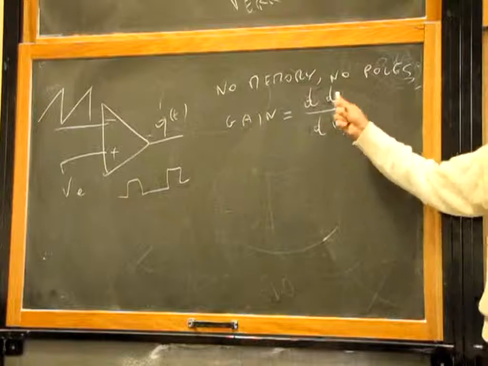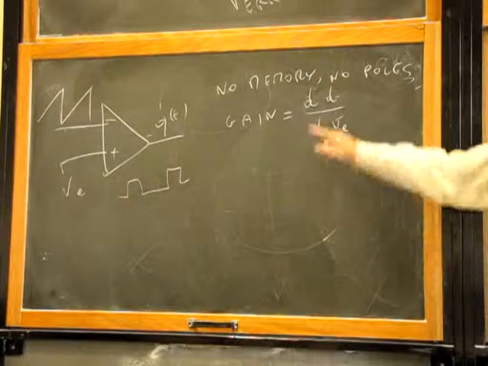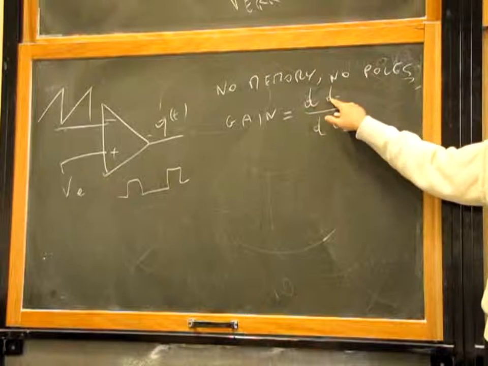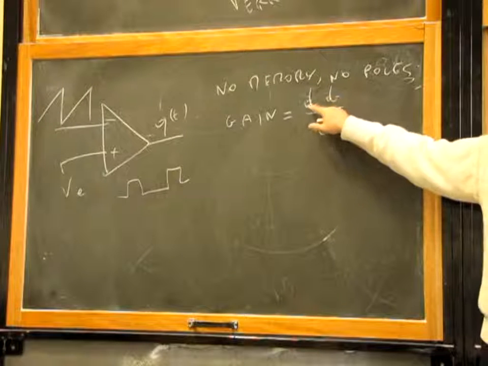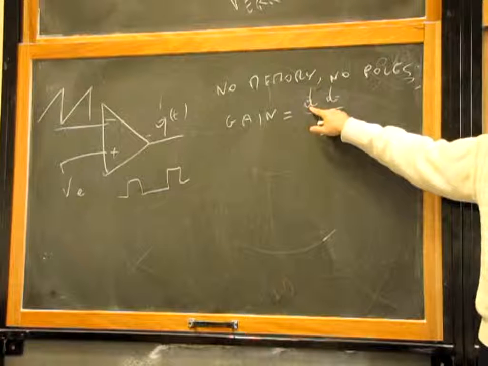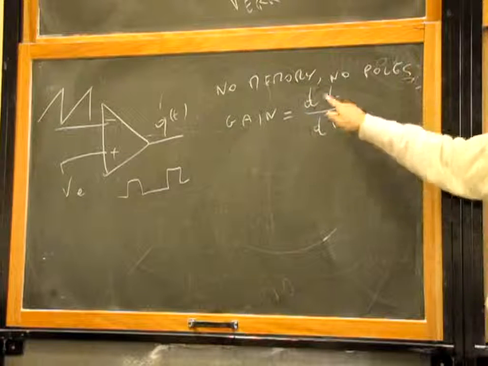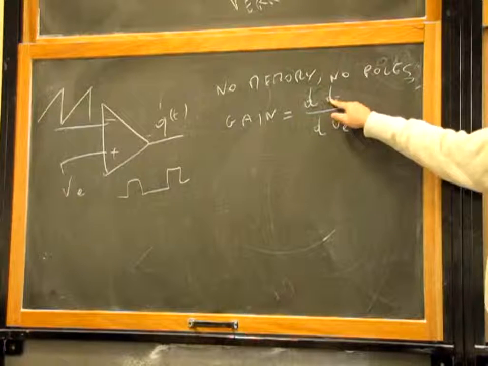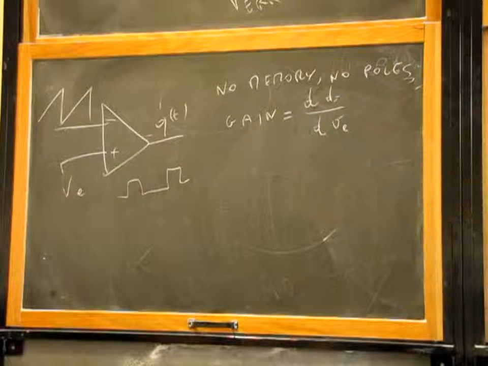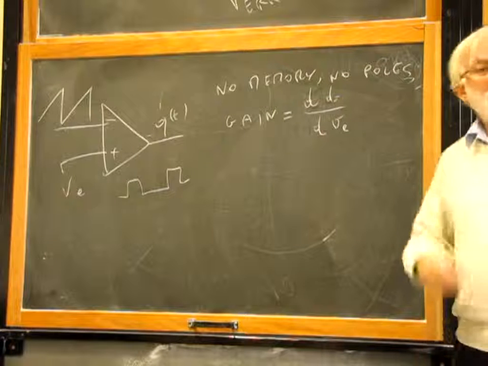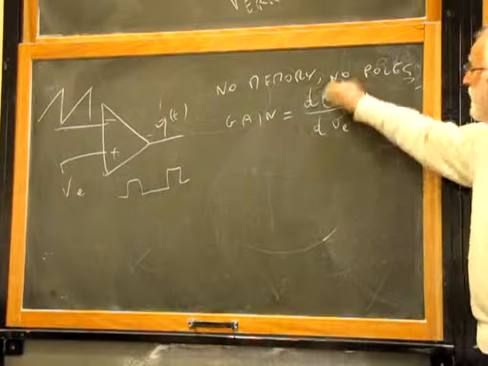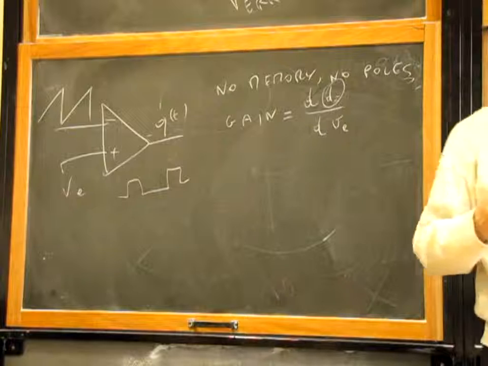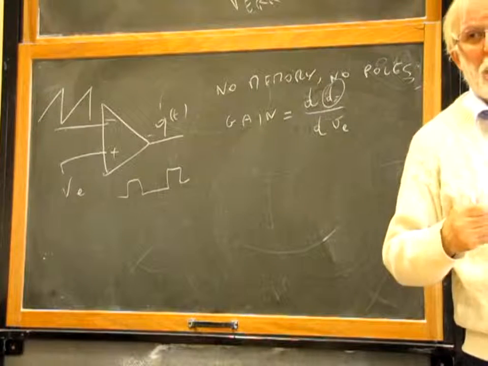That's weird because, if you print it, this d is Roman and this is Italian. In Italian it's called tondo, Roman, and this is Italian because this is a variable. But this is just the derivative of d as a function of dE. That means how much the duty cycle, the generated duty cycle, changes when you change the input voltage,